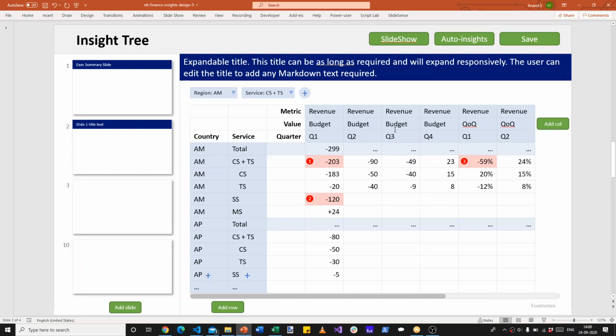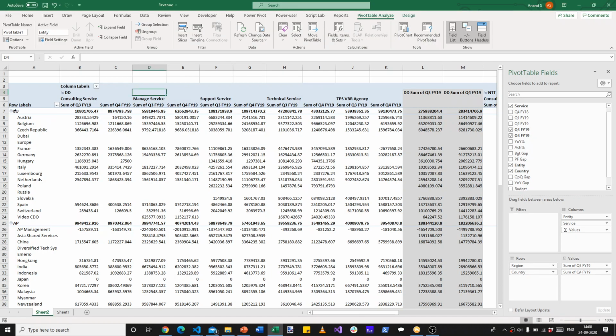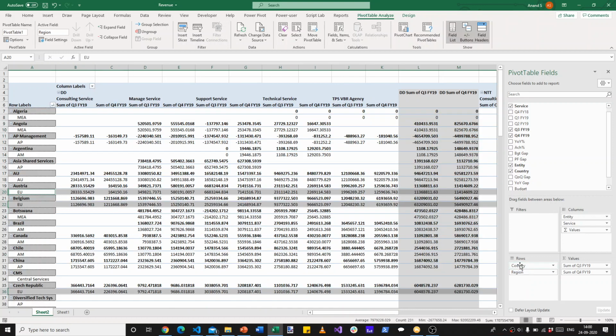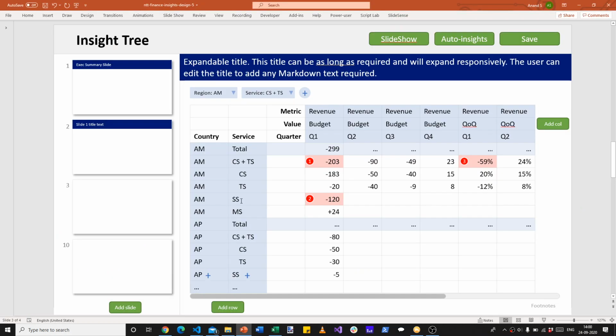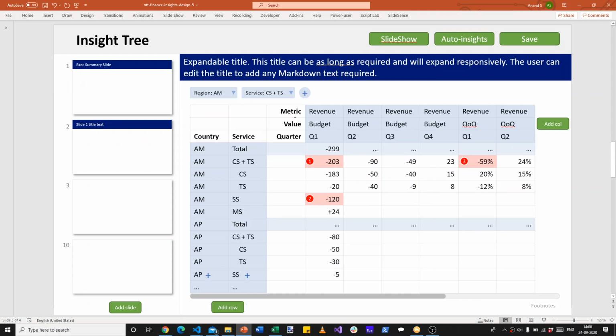What if I want to move them around? Like with, okay, I guess out here I should be able to, okay, no, yeah, like by dragging and dropping here, I can move them around. I should be able to just drag and drop these headers. So country, if I drag it onto service, it should reorder it. Similarly, if I drag metric onto value, it should reorder it.